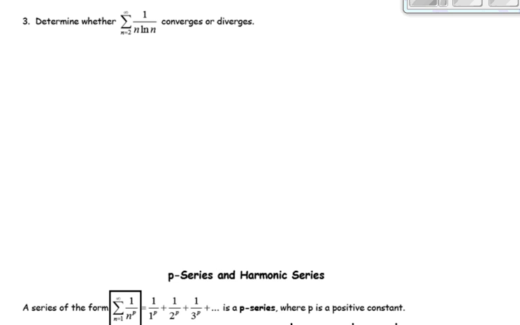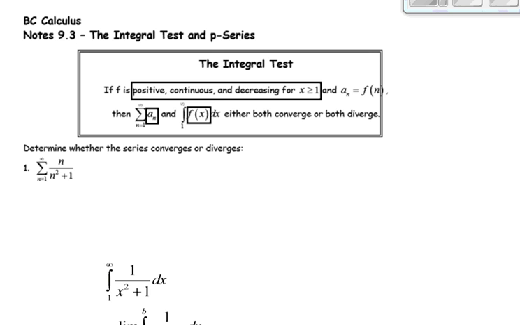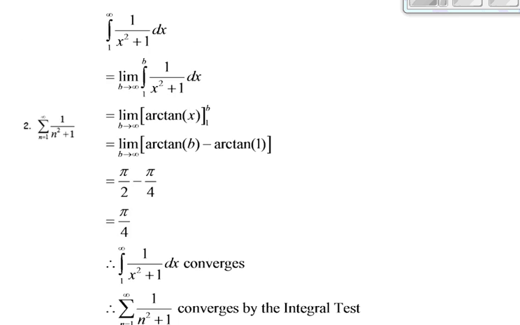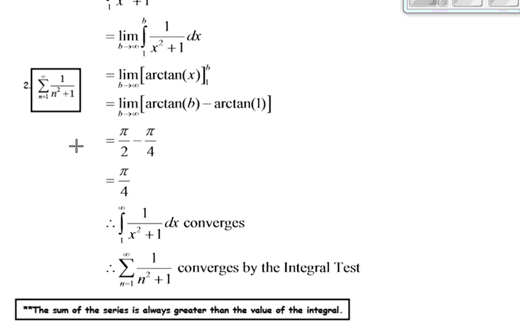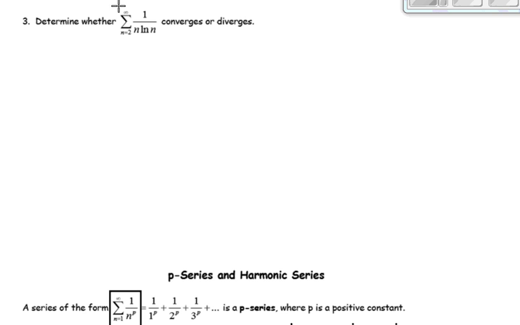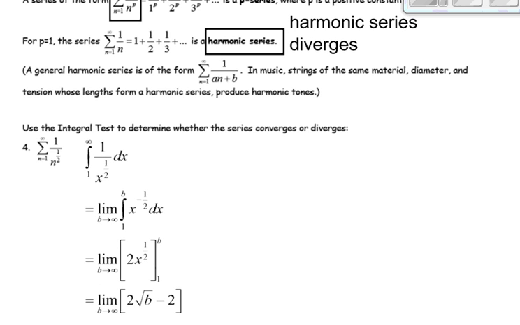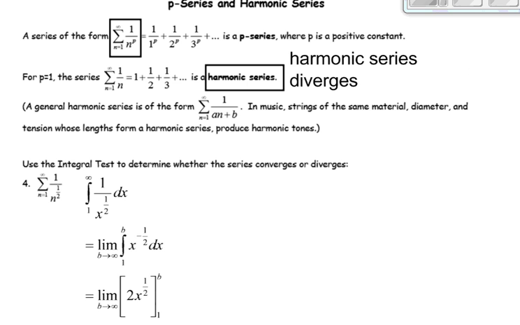Okay, so let's go back really quickly and look at the first few examples. Number 1, just to show you, is not a p-series, so we had to use the integral test for number 1. Same with number 2. Number 2 is very close to being a p-series, but it's 1 over n squared plus 1, sorry. So that one's not a p-series because of the plus 1. And then number 3 obviously is not a p-series either. So we can only apply the p-series test if you have